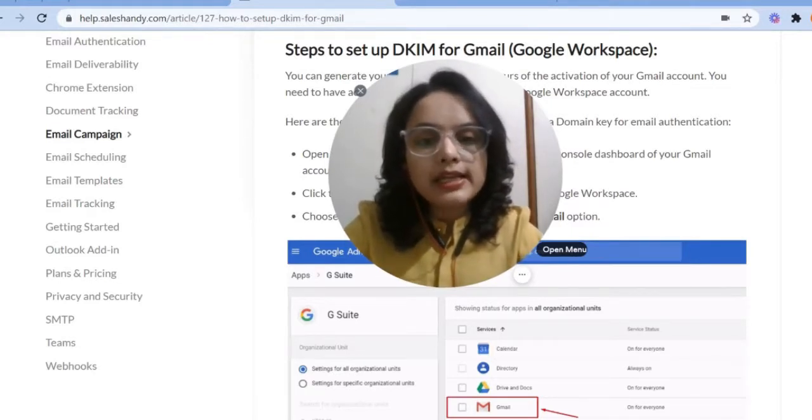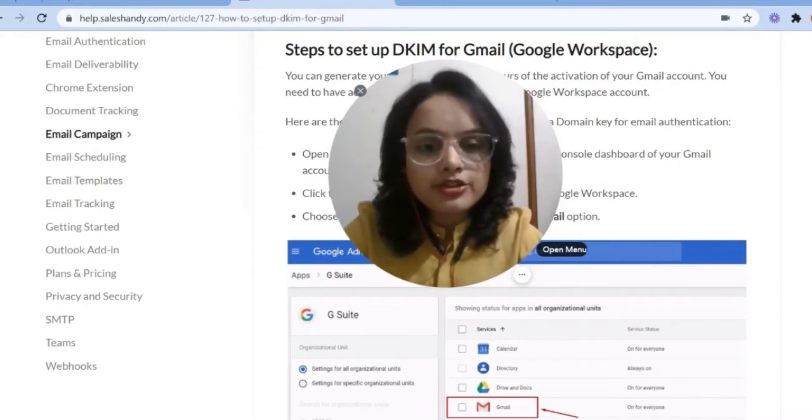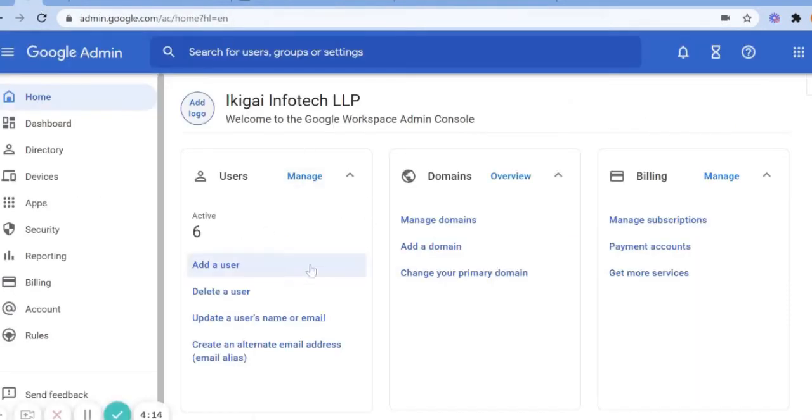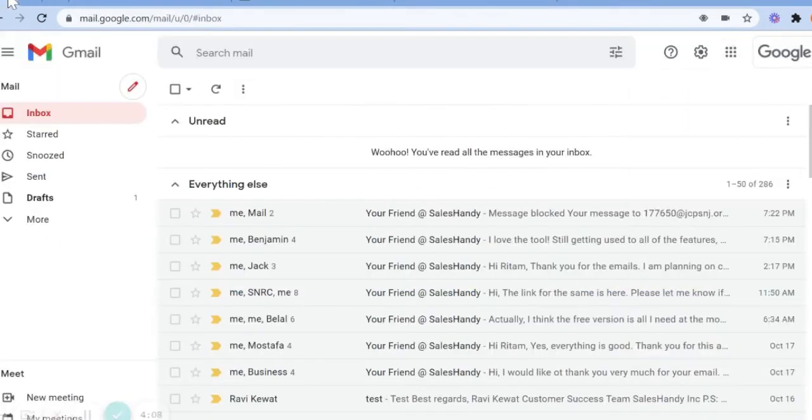To set up a DKIM for a Gmail account, you need to have access to the DNS manager of your domain as well as the admin console of your Google Workspace account. First, you need to log into the admin console of your Gmail account. To log into the admin console, you need to log into the Gmail account for which you are setting up the DKIM.